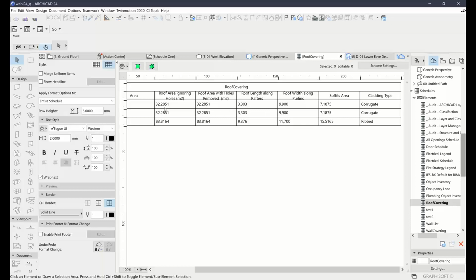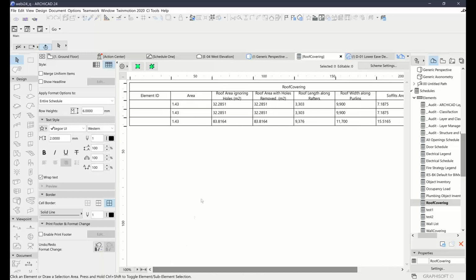which is fine. And then we've got the area with and without holes, but as I mentioned, we don't have any skylights, so this will be the same value, but if you did have skylights, those would be removing that extra area from there. And so again, this will let you see essentially the same data that we were doing in the wall version. So it tells you what is applied to them and then the areas and various settings of them. So that should let you get out pretty much whatever info you want to do with your roof and